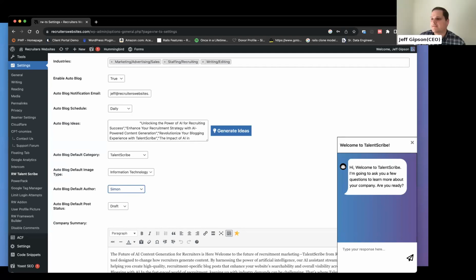Will you incorporate the chatbot in the website? So if you built a website, would I incorporate a chatbot into a new website? Is that the question? Yes. Okay. So I definitely would incorporate a chatbot into a new website.